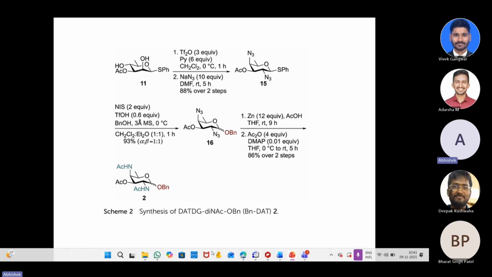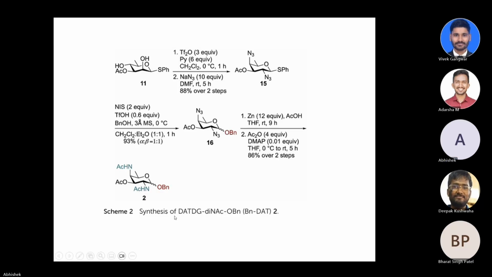These are the synthesis of this DAT DG Dynamic OBN. Starting from this 11, again he did the experiment. He did reaction with triflic anhydride, then reaction with sodium azide to form this epimerization of C4 into C4OH into